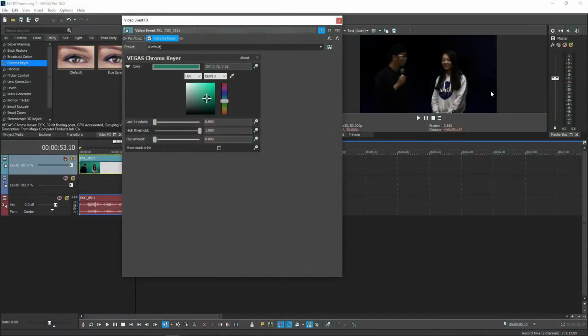So, you could go and make small adjustments to the shade of green in the gradient. But that's also what these other sliders in the settings are for. I can't tell you what to do exactly because each clip will be different. But here's a general guideline for those other sliders, the low and high thresholds. Before we start adjusting those, go down to Show Mask Only and check that box.